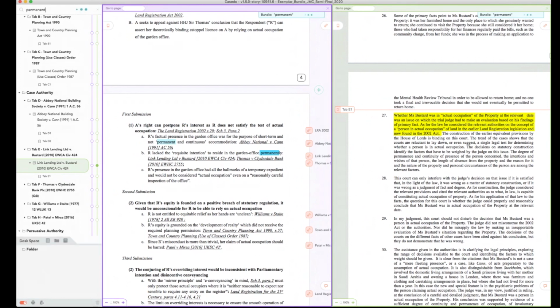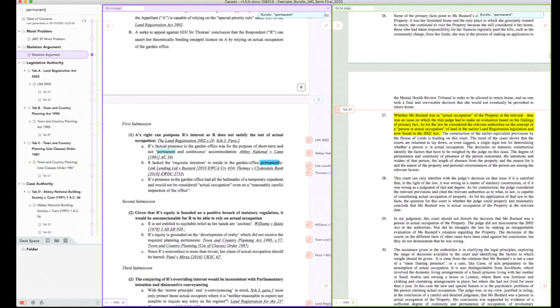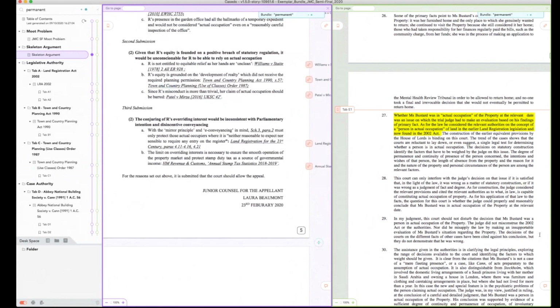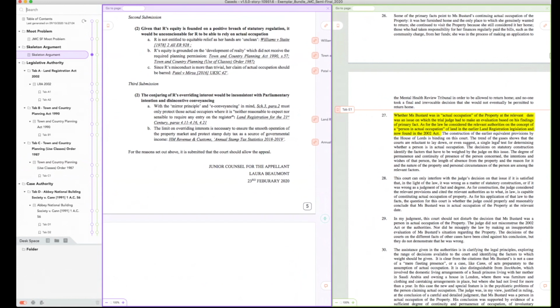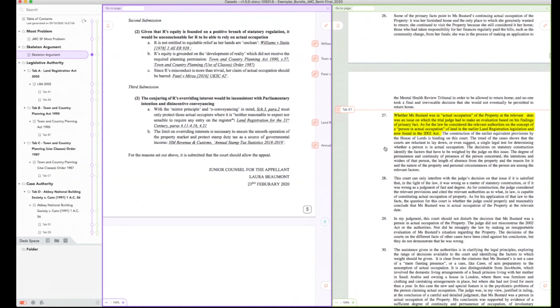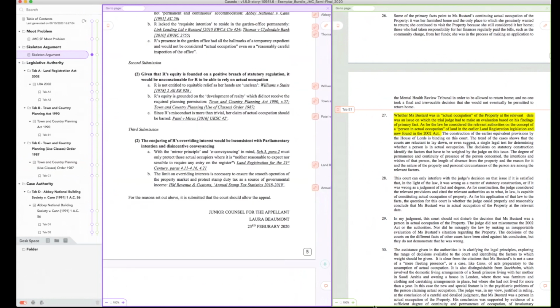And we've got pagination is the other thing. So what you'll probably want to do is just turn pagination on, which is this button in the bottom left-hand corner. And you can see when I turn it off, it puts the page numbers there in the bottom right-hand corner of each page. And they will just run sequentially through all your documents, which is probably the way you want to do it for these moots. There's quite a lot of options on pagination, which you can look into on our website if you want. But for now, I would just keep that turned on.